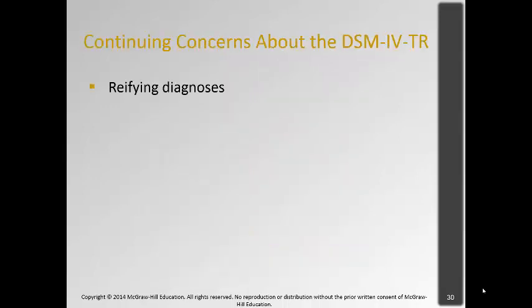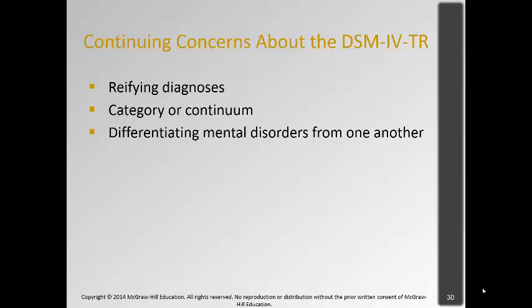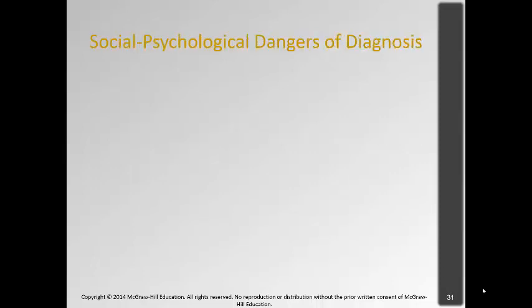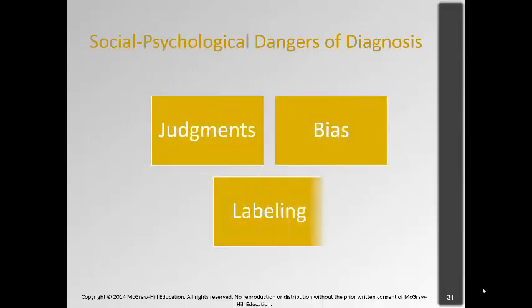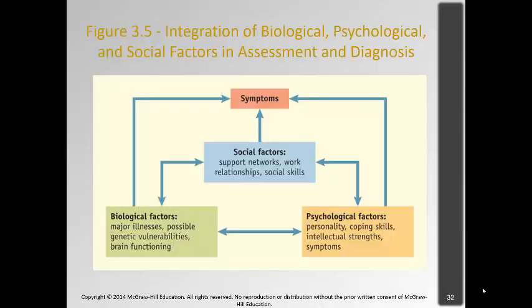But people had continuing concerns about the DSM-4 in terms of reifying diagnosis, whether it's a continuum or category, differentiating mental disorders from one another because there was a lot of overlap in symptoms, and addressing cultural issues. So there were also social psychological dangers of diagnosis in that our judgments and our biases and our labeling affected ways that we give diagnosis. So if we think about our own biases, this very much affected how we gave people's diagnosis. So people who don't have large social networks, who have problems coping, and who have major illnesses, all those things play together in terms of our